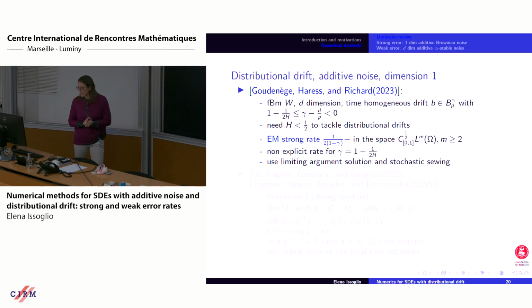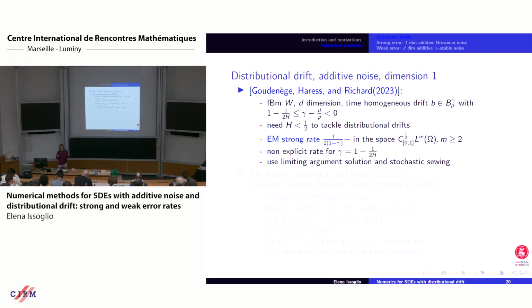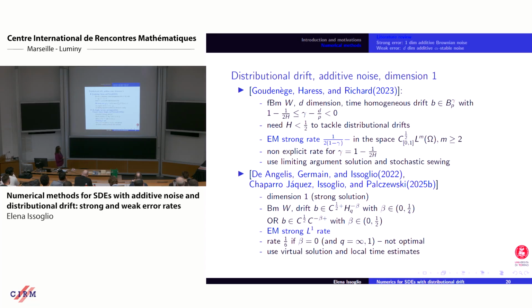And the way they do it is, because they work with fractional Brownian motion, they have to use the limiting argument solution, and they deal with the stochastic sewing. They use stochastic sewing to deal with the estimates. Okay, and then we did, well, with Andres German and Chaparro and Parchesky, we did